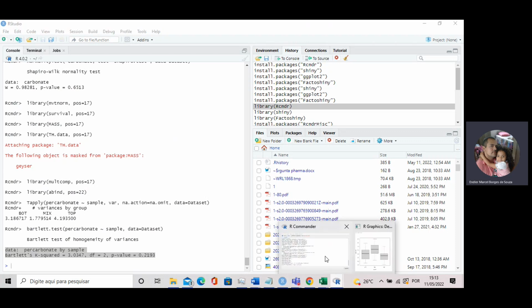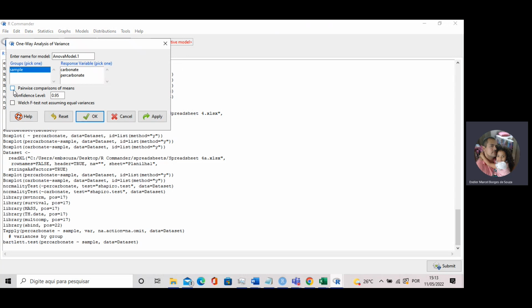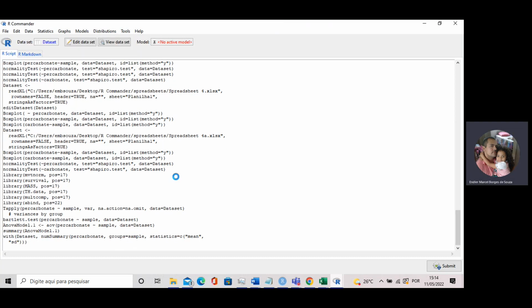Now I'm going to Statistics, Means, one-way ANOVA, and I will use pairwise comparison of means, but I won't check the Welch F test not assuming equal variances. I know that my variances are equal, and I will use my pairwise comparison of means, and I go to OK,